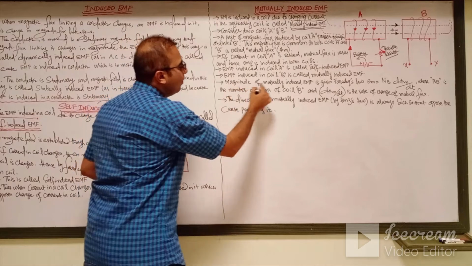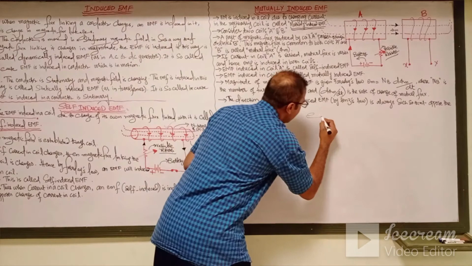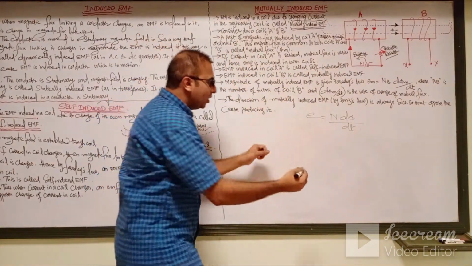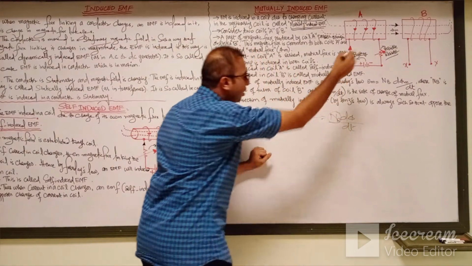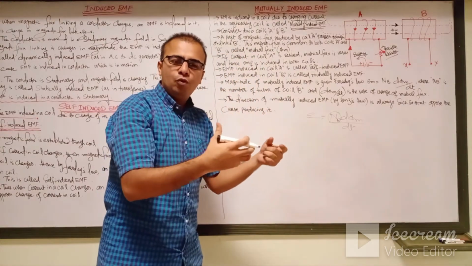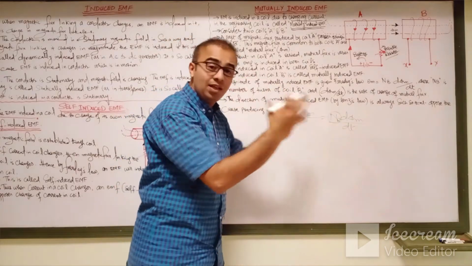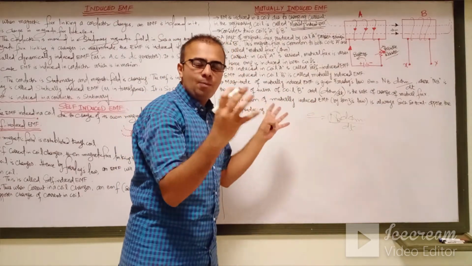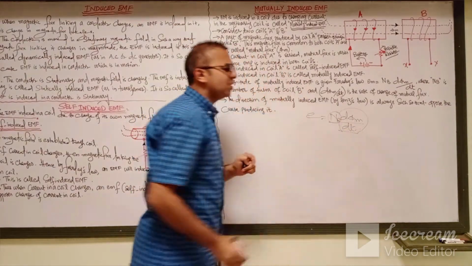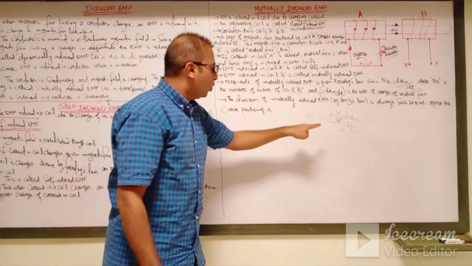The magnitude of the mutually induced EMF is given with the help of Faraday's law of electromagnetic induction: E is equal to n d phi over dt. Taking the example of coil B, n is the number of turns of the B side, and the flux is the coupling medium between the two coils, connecting them. With respect to time, its magnitude varies,